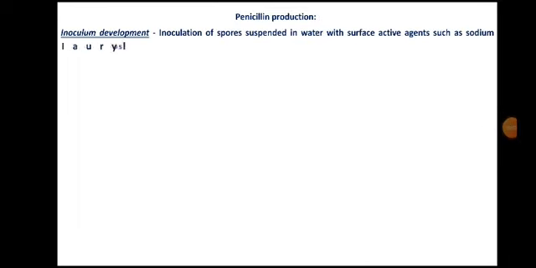Penicillin production. The first step in the production of penicillin is development of inoculum. The inoculum used in the production of penicillin is prepared like this. First, the spores are suspended in water from the stock culture of Penicillium strain,